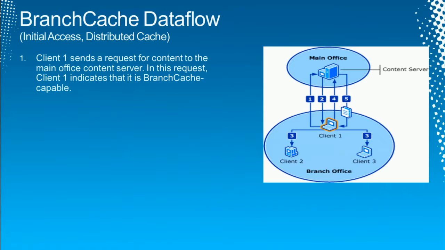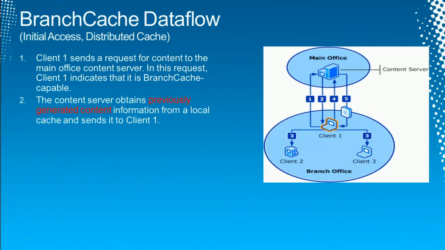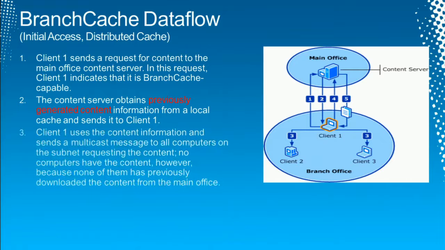So the very first time somebody accesses, this is your classic Microsoft diagram. The client, which is there in the middle, highlighted in yellow, is going to send a request for content to the main office content server, to \\Dayton File. In that request, the client's going to say, yo, I am BranchCache aware. So when that happens, the content server is going to give this client what we call previously generated content, and I'll hold your questions, I'm going to get to that. It's going to send this previously generated content back to client 1, and client 1 is going to say, you know what, hey,